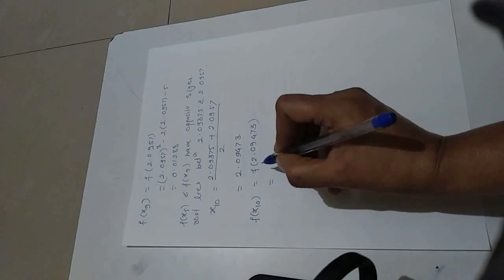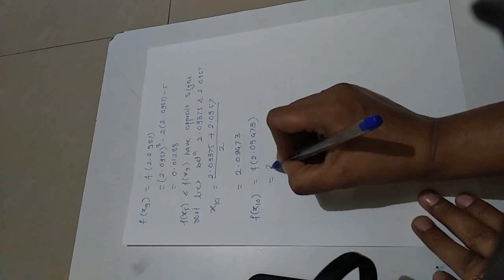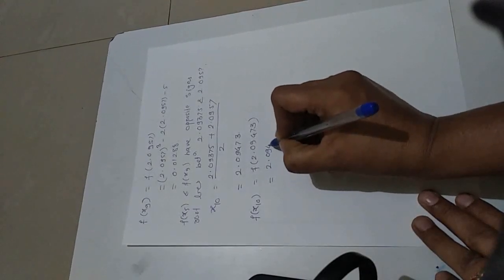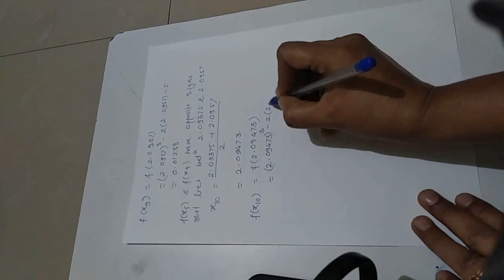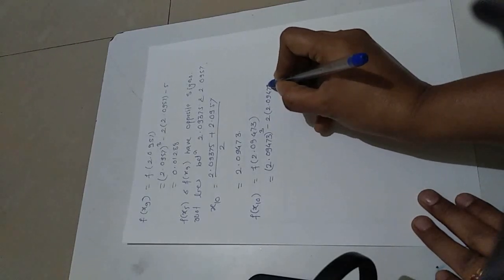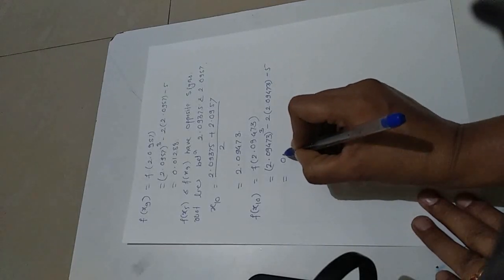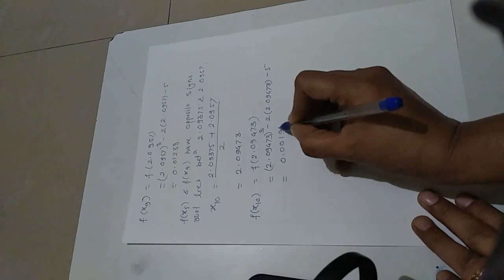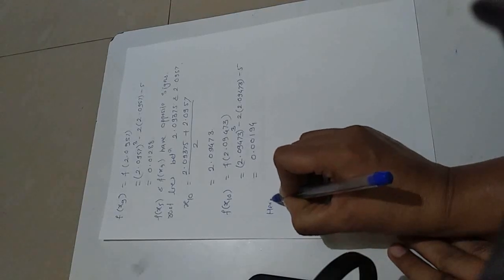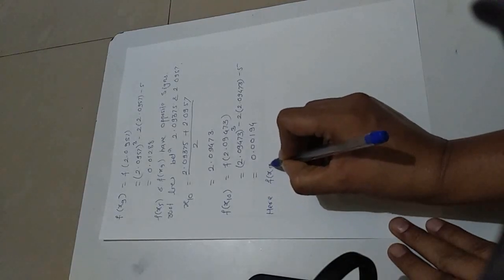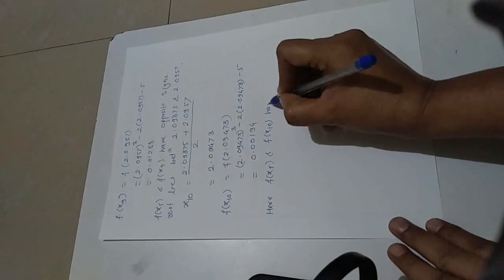Put this value in the equation: 2.09473 raised to the power 3 minus 2 into 2.09473 minus 5. After calculation the value is equal to 0.00194. Here again we see that f of x5 and f of x10 have opposite sign,